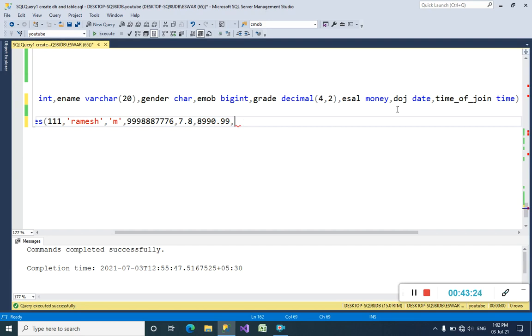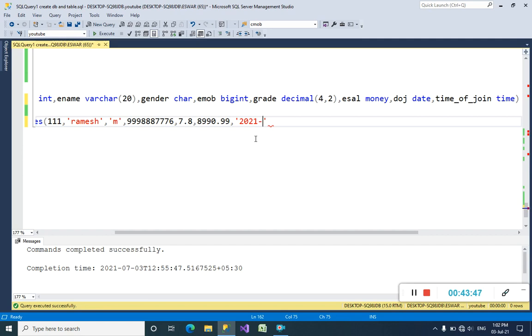And after salary, I want to insert the join date. The join date must be written between single quotes, guys. The date data type has two formats, but right now I want to tell you only one type of insertion.